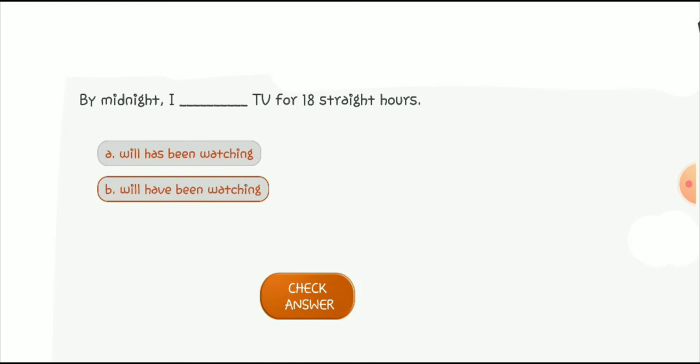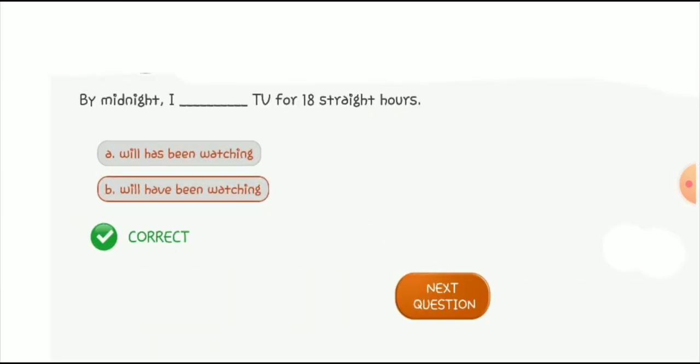By midnight, I dash TV for 18 straight hours. Option B is the correct option according to the formula of future perfect continuous tense. Will have been watching. By midnight, I will have been watching TV for 18 straight hours.